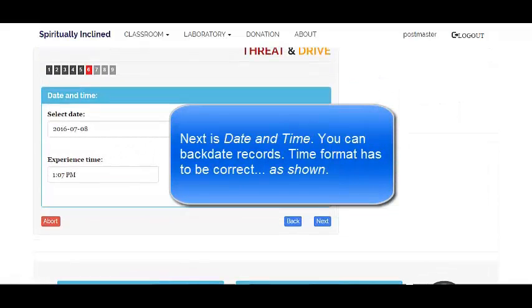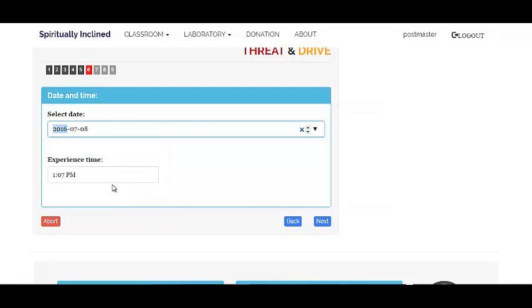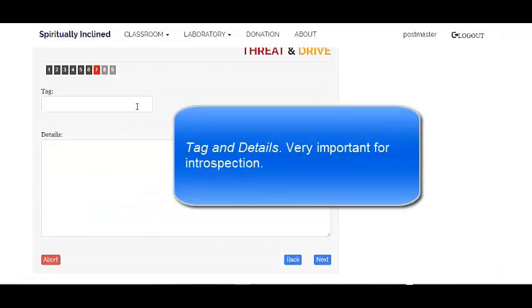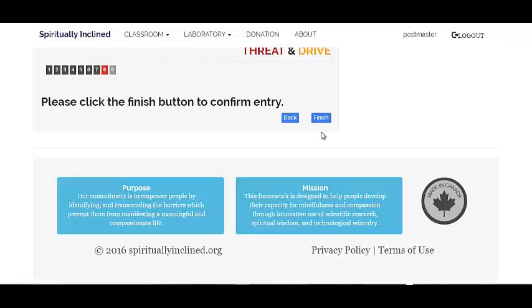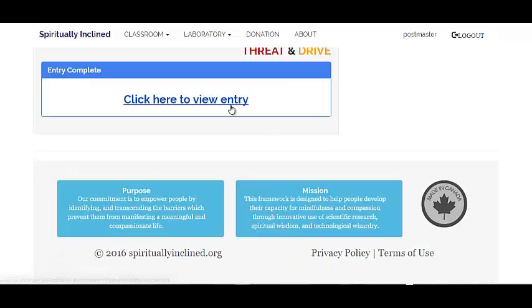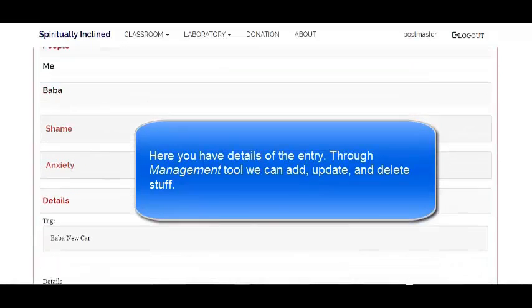Sometimes I don't have my phone with me, so I can't make a record right when I'm going through an experience or experiencing an emotion. Very important, tag and details, and you can modify the details later on. So if you're busy, just make a quick entry and run. Here you have the details to the entry, and through the management tool we can add, update, delete, and we'll